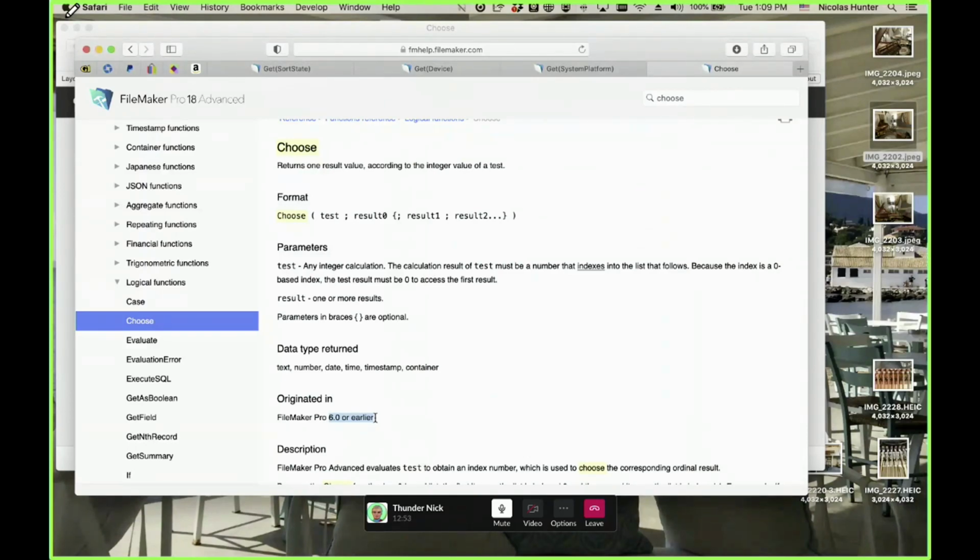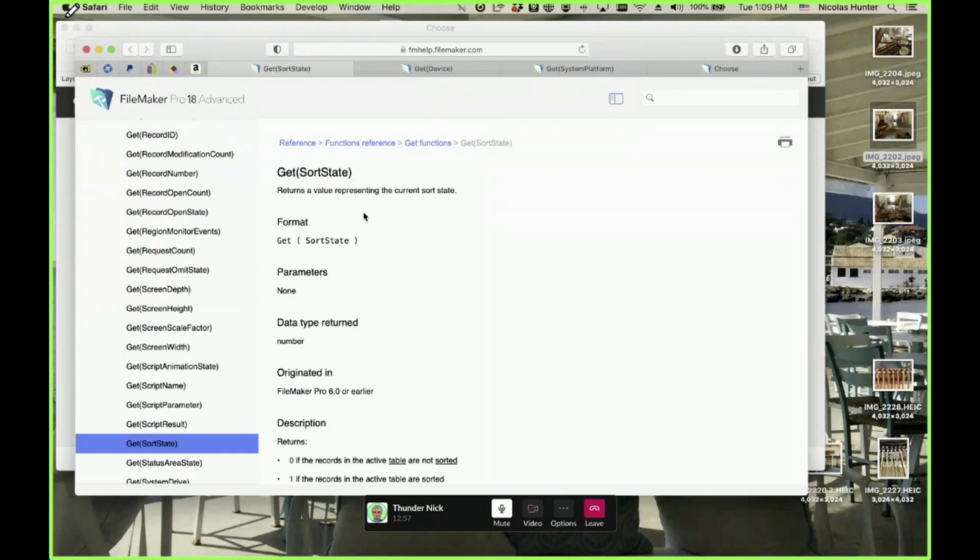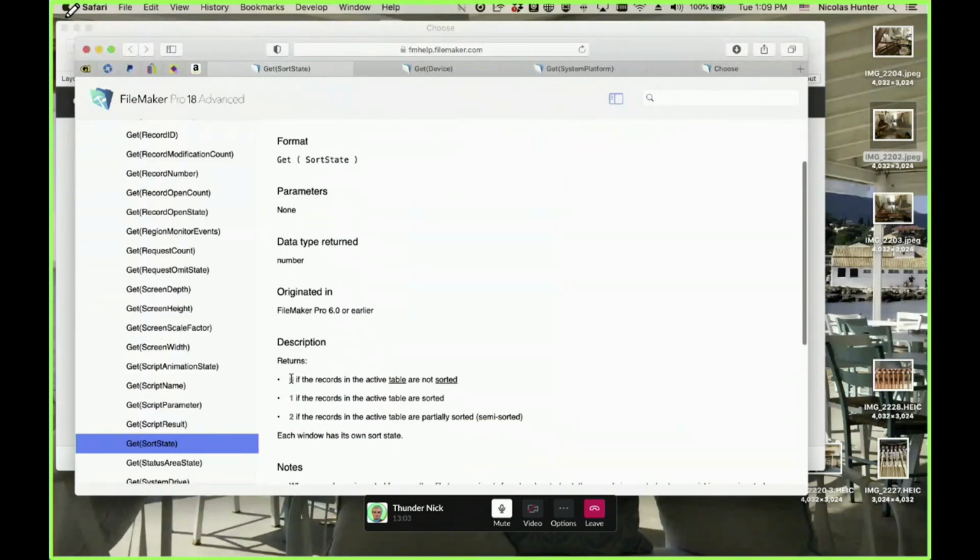Let me explain. You have Get(SortState), for example, which is 6.0 and earlier as well. See, it returns 0, 1, and 2: 0 for not sorted, unsorted, 1 for sorted, and 2 for semi-sorted.